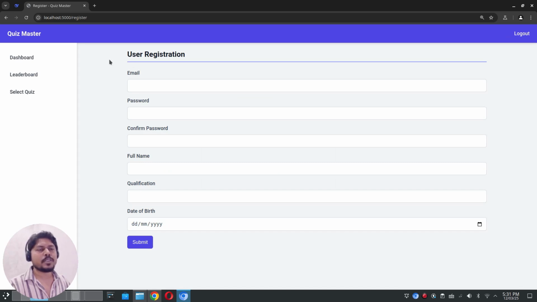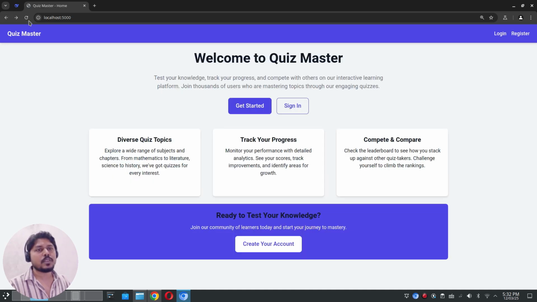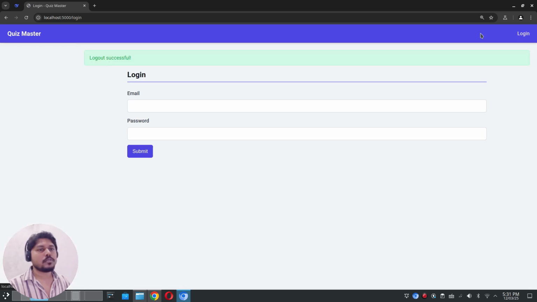And in the register page, we can still see this because the user is authenticated. Okay, and then if we go to the register, now we cannot see any left row. It was just because the user was logged in. Okay, no issue. And now we are on the home page again. If I log out,